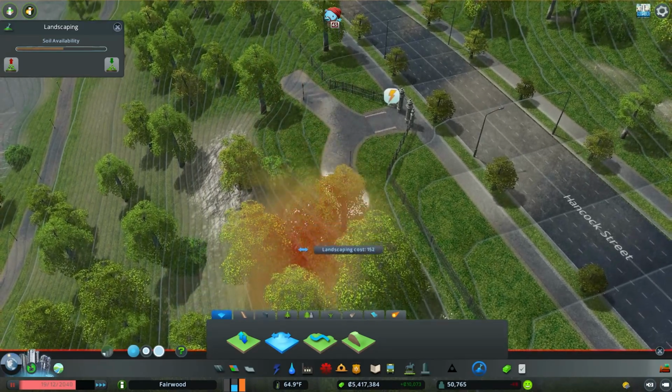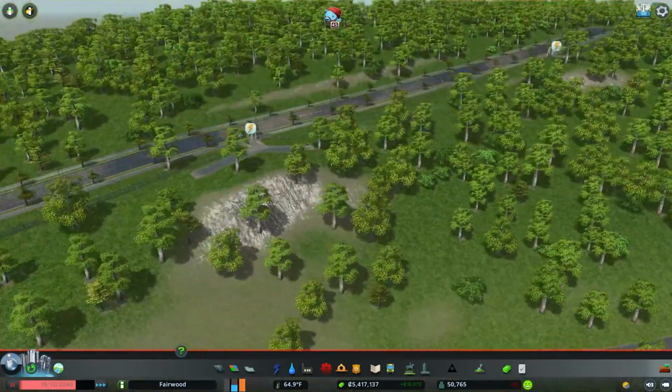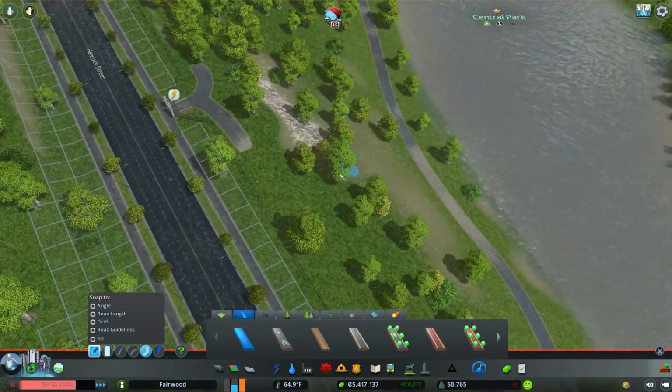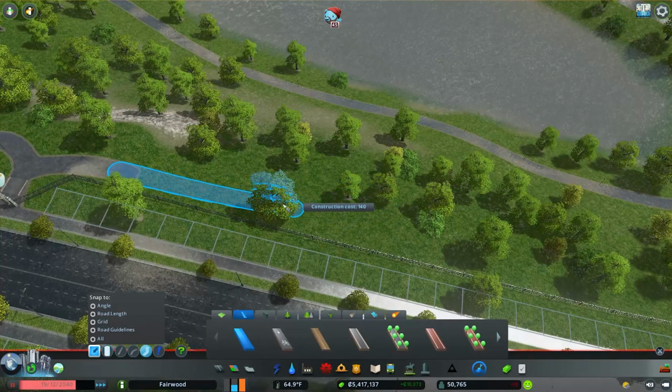And help make these sort of more difficult terrains a reality. Actually, I think it's going to work really, really well. All right, let's get back to our paths. We might just make this about our Central Park today. I don't know if you guys have an opposition to that, but